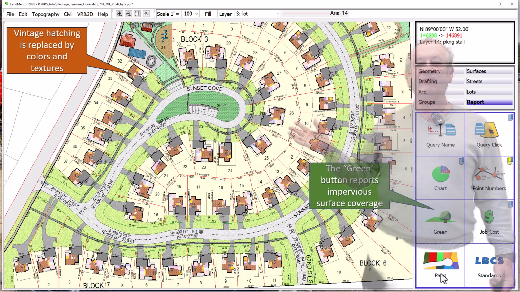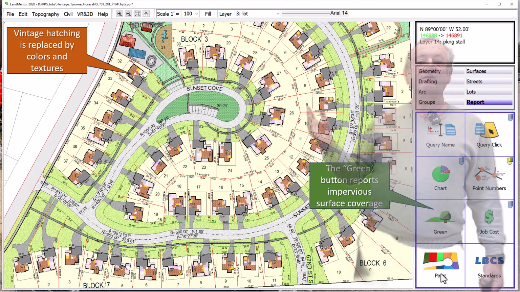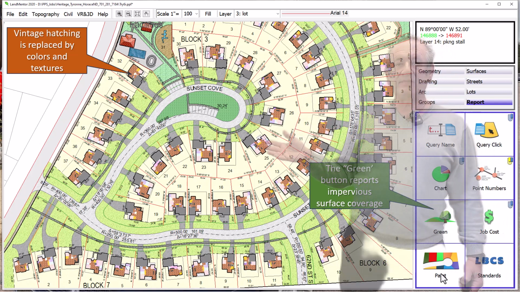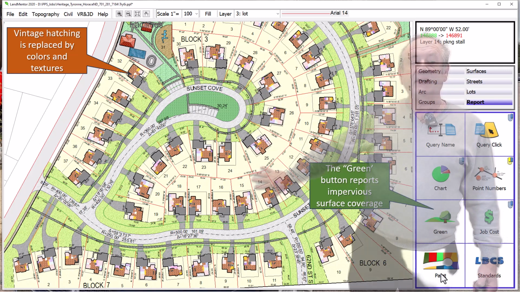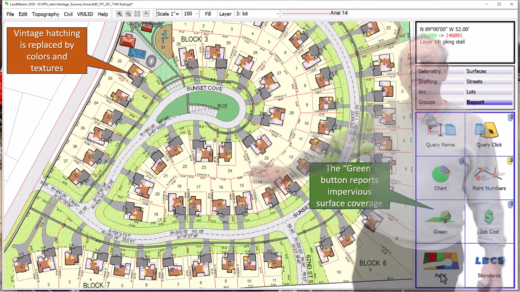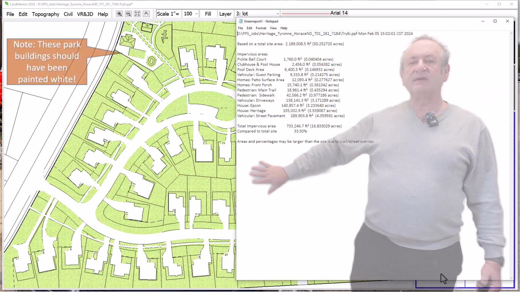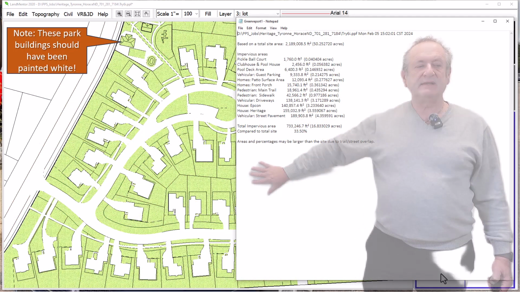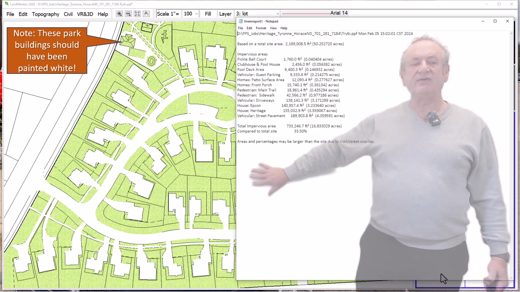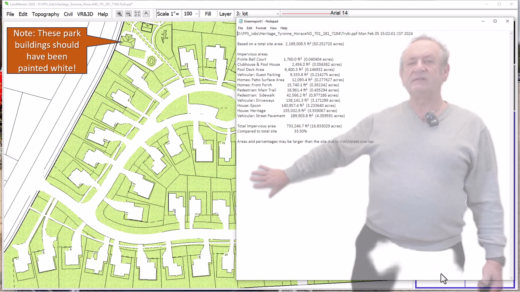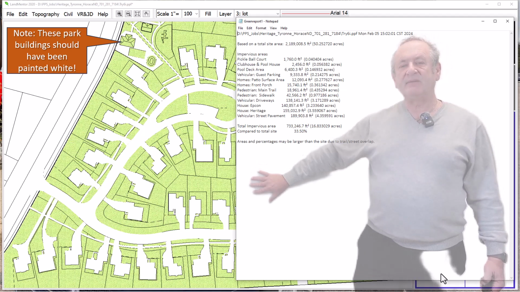We've never had a draftsman in our company. We've never had to embellish a plan with Photoshop because it's surface-based. So let's talk about the green button, which reports all the impervious surfaces. Pressing that, everything that's tagged impervious is drawn in white. And we could see the community building was not drawn in white. So there's a mistake. Then there's a list of the square footages and acreage of every man-made item, which internally